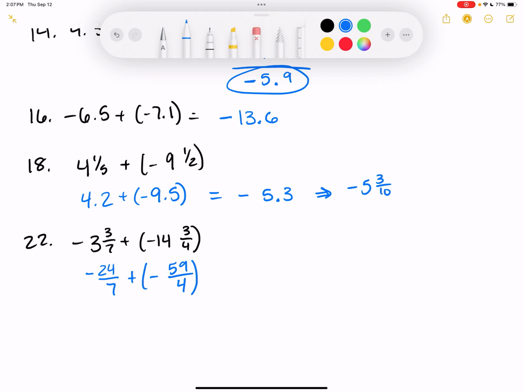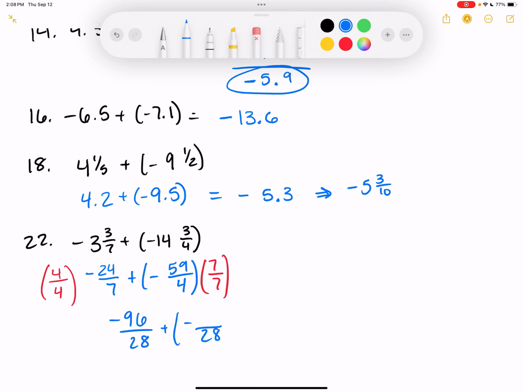So then I need to get a common denominator. How do I do that? This seems like a nightmare. Change them both to 28. Both need a denominator of 28, so I need to multiply this one by 4 over 4, and I need to multiply this one by 7 over 7. So that's going to be, oh goodness, what is that? Negative 96 over 28 plus negative,